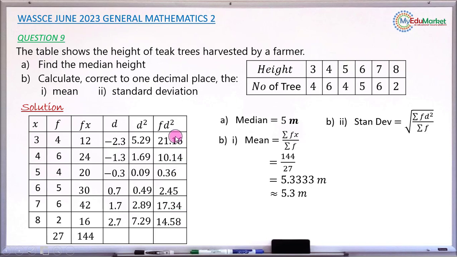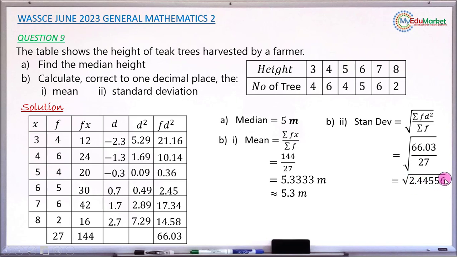It is this that I'm going to add together. What I'm going to have here is my numerator. So adding 21.16, 10.14, up to this 14.58, you correctly get the result 66.03. Then I can now substitute in my formula for standard deviation. It is now going to be the root of 66.03, that is your summation f d square, which you have here, divided by summation f, which is 27, which you have already. So dividing 66.03 by 27 correctly gives the result